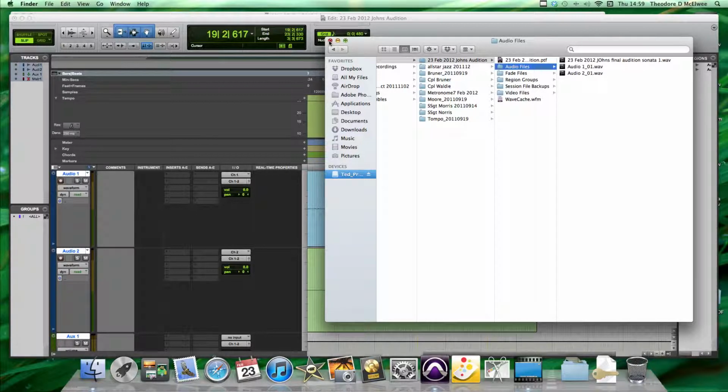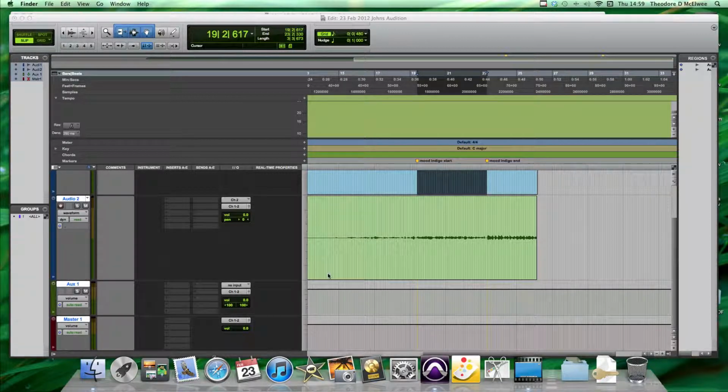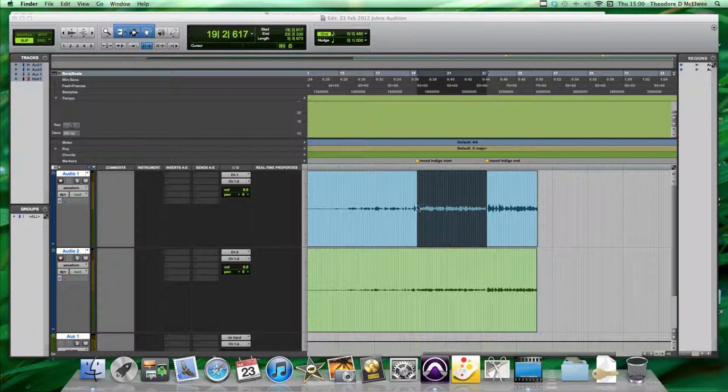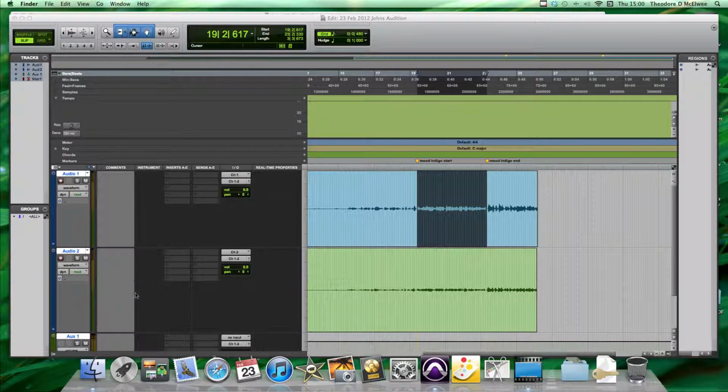Now, just to make it a little bit more in depth, say you want to put reverb on this track. We already bounced it over. It was a rough mix, but we want to put reverb on that track. What you need to do is you go to the aux channel,